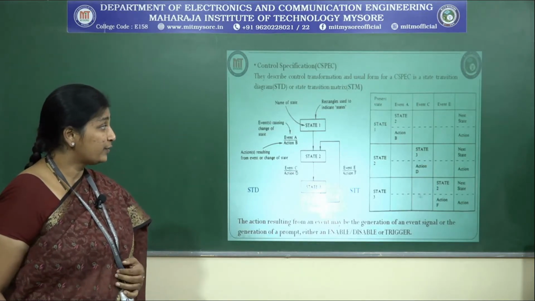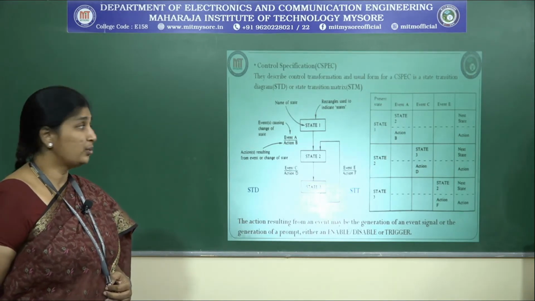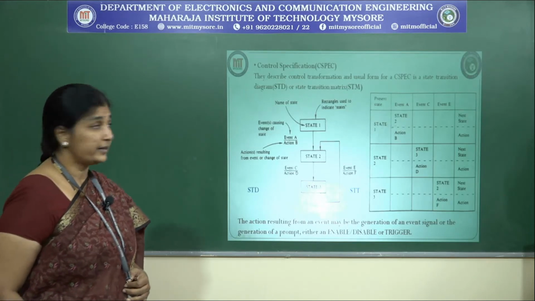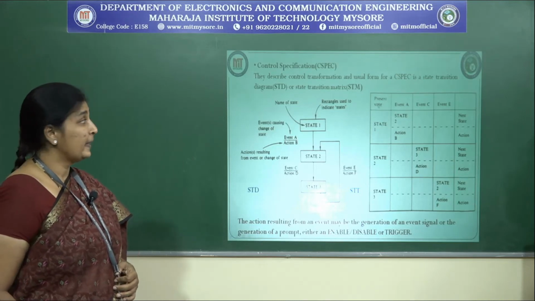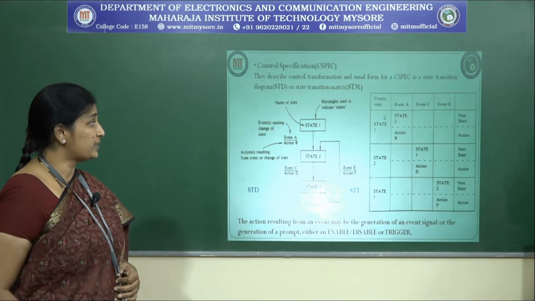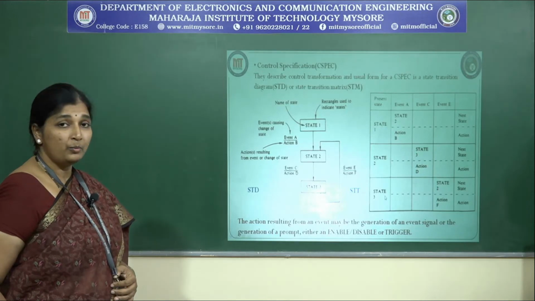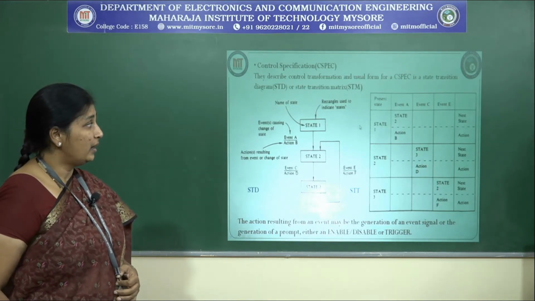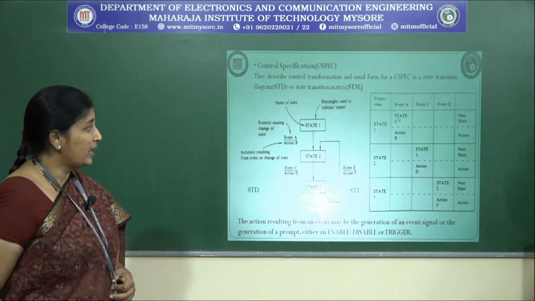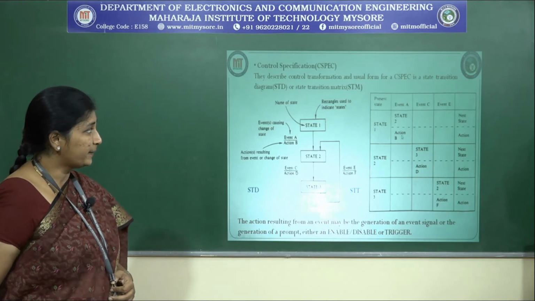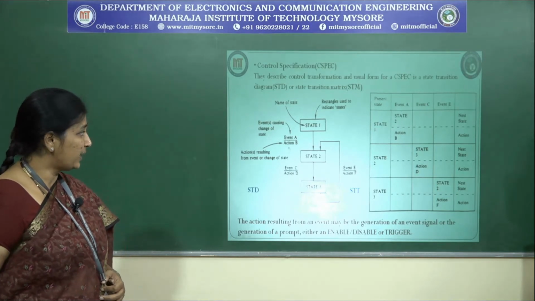Based on this, you have to write the entire state transition diagram in the form of a matrix. So how do you write that? In the first column, the first element will be the present state. You write state 1, 2 and 3 column wise. Then along the row, for state 1, if you see the STD here, it has changed from state 1 to state 2, correct? So there is an event A, event C and event E. So you know that there are 3 events.